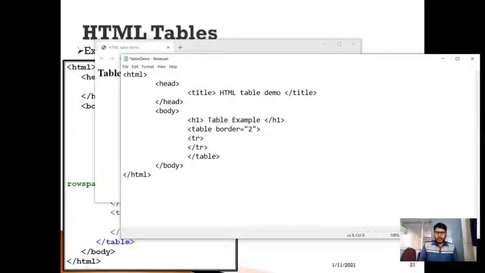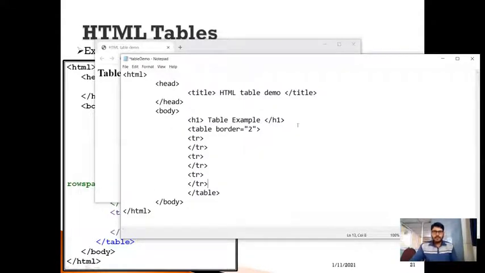This is the first row, and again I need to include a second tr tag for the second row, and also one more tr tag here because I require 3 rows. As you can observe, this is for first row, this is for second row, and this is for third row.